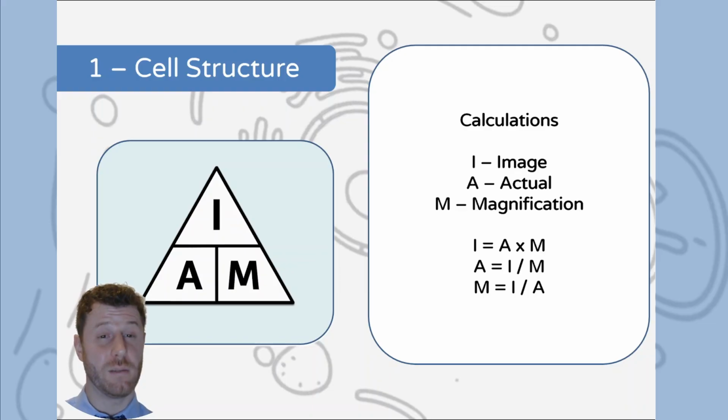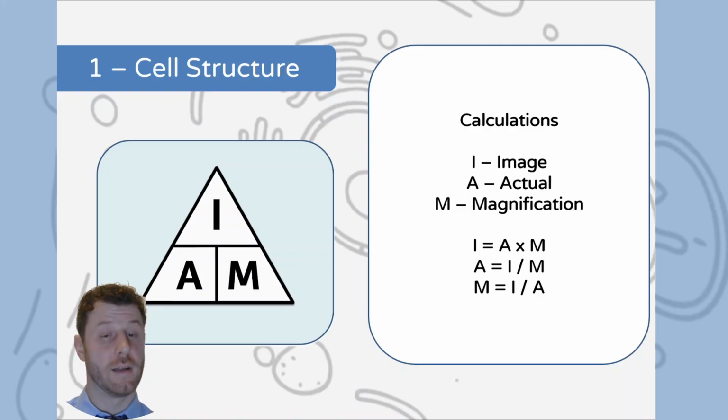can see, which is usually presented as a diagram on the piece of paper or the exam that you're looking at. A, which is actual, is the size of the real specimen, and M is the number of times that you've magnified it. If you're looking for I, you cover up I, and you end up with a line across the bottom, which is A times M, or actual times magnification. And then for either of the other two, you cover it up. If you cover up the A, it's I over M, or image divided by magnification. Last but not least, if you want magnification, you cover up the M, and it's I over A, image divided